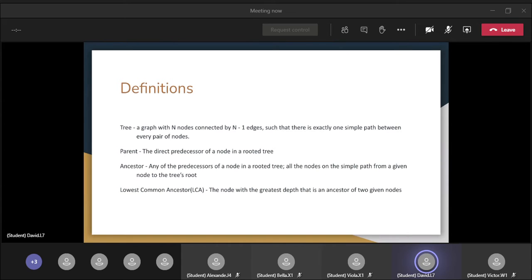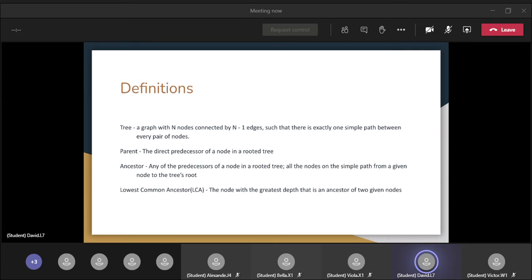So a tree is a graph that has n nodes connected by n-1 edges, such that there's exactly one simple path between every pair of nodes. And we can typically root a tree, right? So we can just take this one node and call it the root of the tree. Once we've rooted it, we can call the parent of a node the direct predecessor of a node in a rooted tree. So basically the first node on the path from any given node to the root of